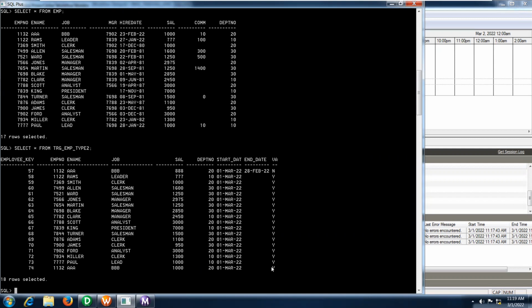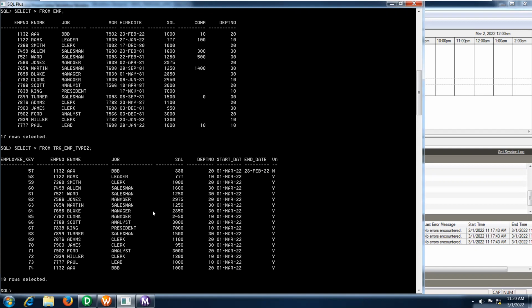That is the reason I have provided the condition in the lookup override as where end date is null. The inactive record will not come under comparison next time. Only the latest record will come and be compared with the records coming from the active source, and it will update the records here.